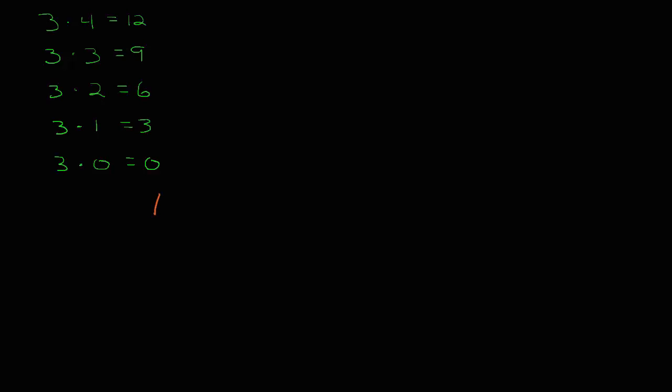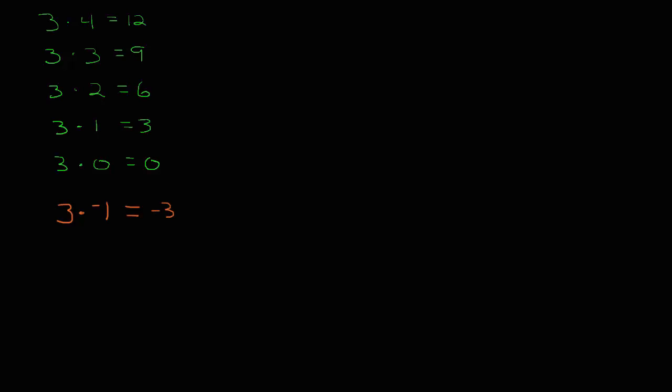And in our answer column over here we have 12, 9, 6, 3, and 0, and we are decreasing those by 3 each time. 3 less than 12 is 9, 3 less than 9 is 6, 3 less than 6 is 3, 3 less than 3 is 0. And what we want to do is look at what happens when this pattern continues. We're going to keep the 3 in our first column of numbers, and we're going to decrease 0 by 1, which means 3 times negative 1, and the answer will be 3 less than 0,